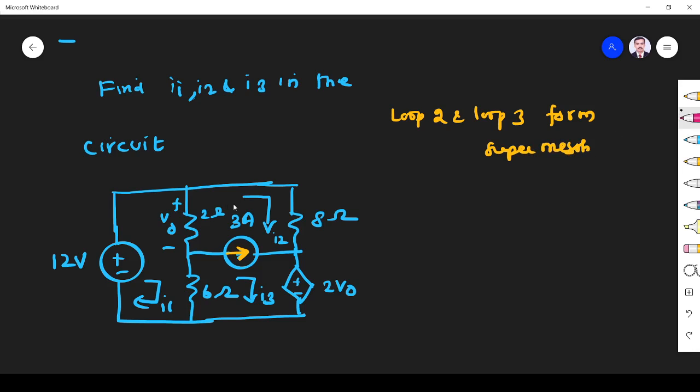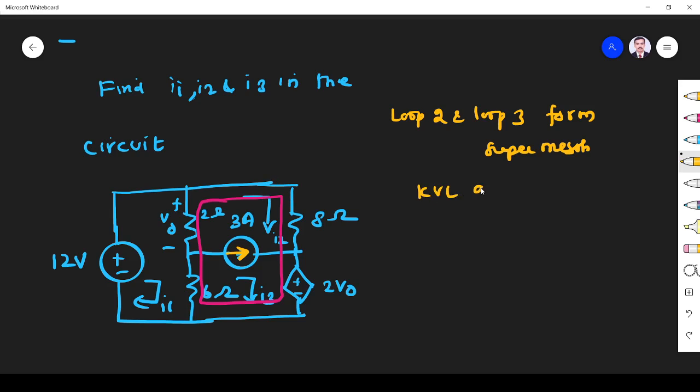So what we have to do? We have to combine this and apply KVL. Fine. Okay, so let us solve this problem. First, what we are going to do? We apply